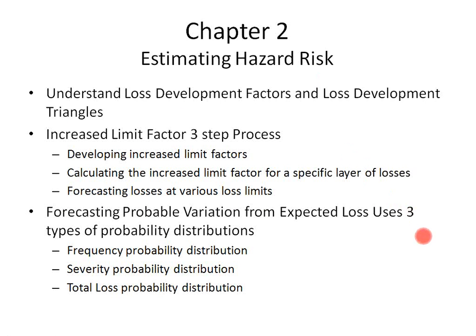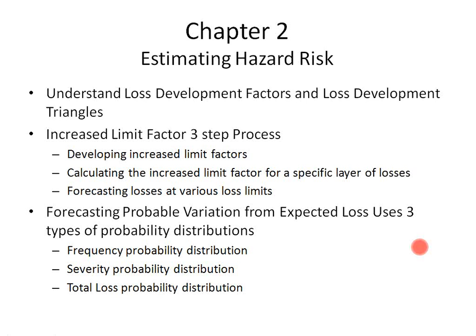All right, moving to Chapter 2. Under Chapter 2, the focus was estimating hazard risk. This was probably more of the challenge, because it deals with calculations or knowing what the steps are. The main focus I would go on here is really to understand loss development factors and loss development triangles. In the textbook, they have some examples, but if you understand why loss development is important, what happens to loss development over a period of time, and how you would use that to do some calculations,